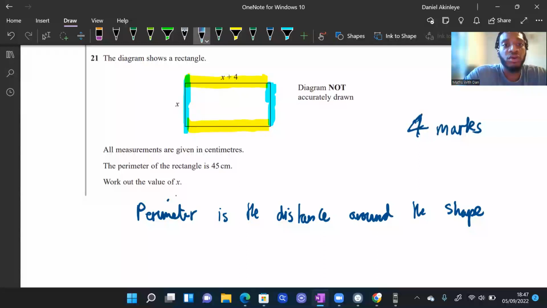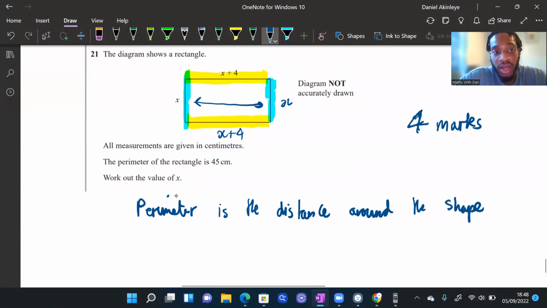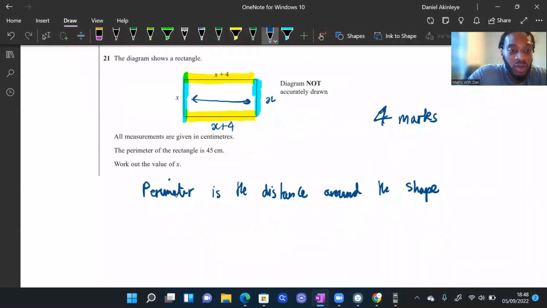So let's label what we know. Well, we know that this side is definitely an x because it's just the opposite side of a rectangle. And this side here underneath is an x plus 4. So we've labeled all of the sides of the rectangle, and the perimeter we know is equal to all of